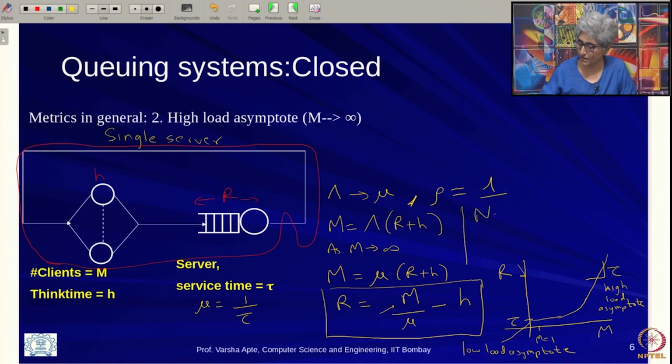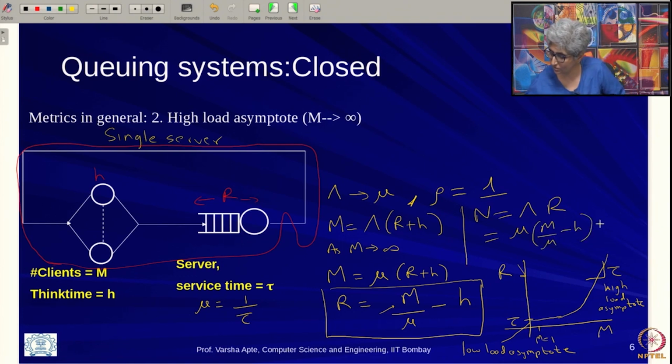We can write n as throughput multiplied by R, which is going to be mu multiplied by m by mu minus h, which is equal to m minus mu h, right. So, this is something we can write the n with, and similarly if we want to find w,